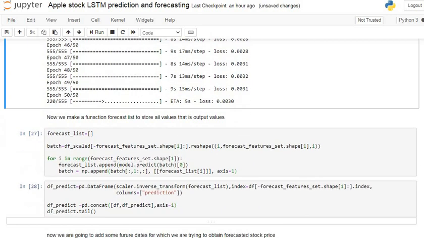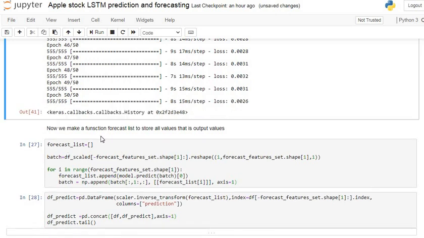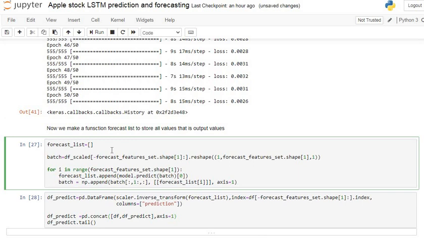Now we are going to store our output values in this forecast list. We make a forecast list to store all the values of our output. We apply our model on our data and store the output in the forecast list. So let's execute our code.